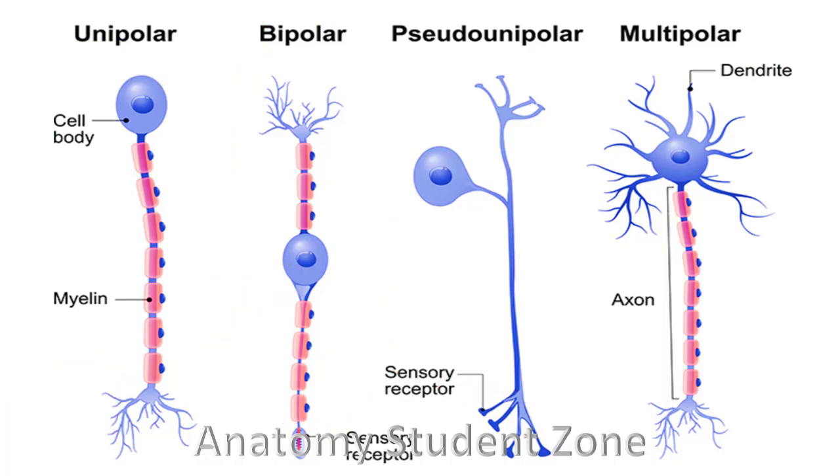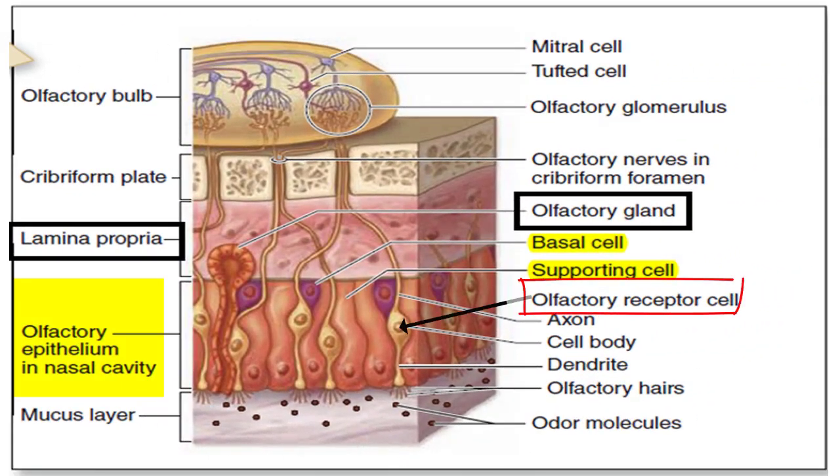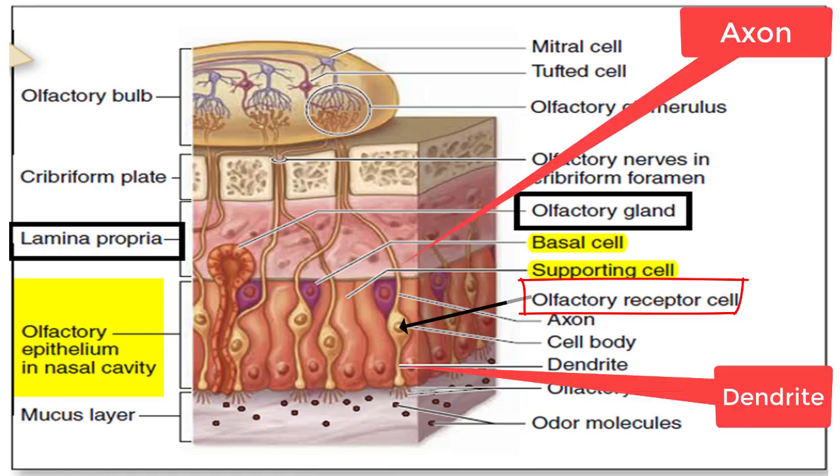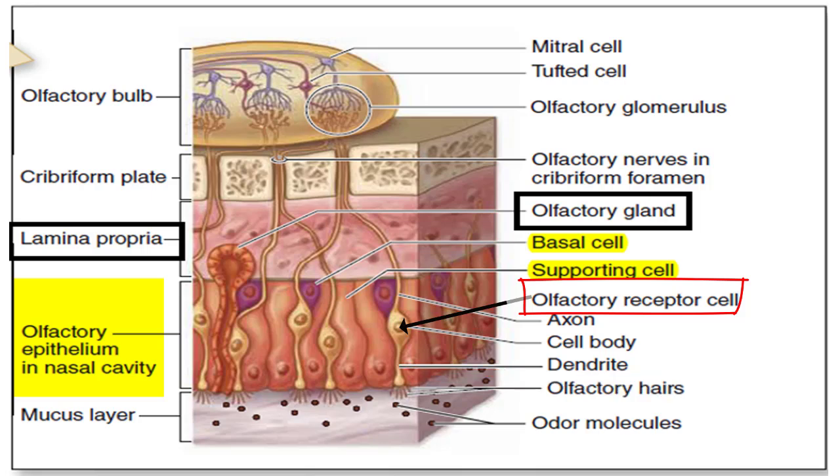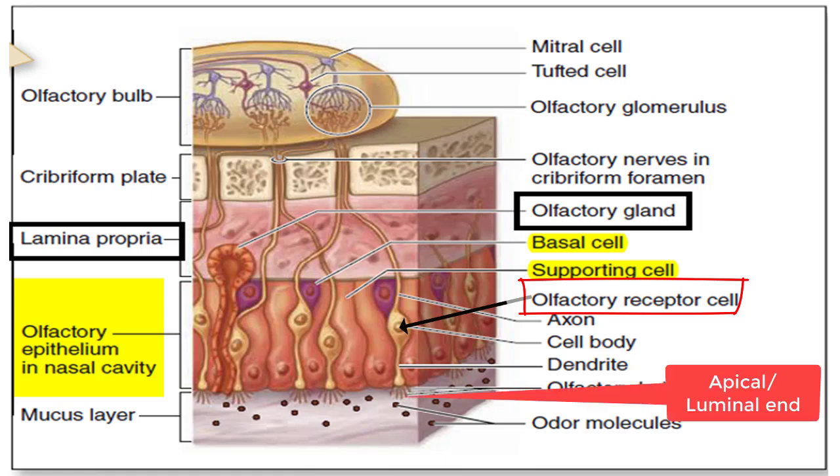So in this histological image, there are the olfactory cells, which are actually bipolar olfactory neurons, as I told you. You can see here the dendrites and the axon projecting from the cell body of this olfactory neuron. The dendrites of the olfactory bipolar neuron are present throughout this epithelium. Near the middle of this epithelium, the nuclei of the bipolar neurons form an irregular row, as you can see here. Another point is that these olfactory cells have an apical end, or a luminal end. That's the same thing.